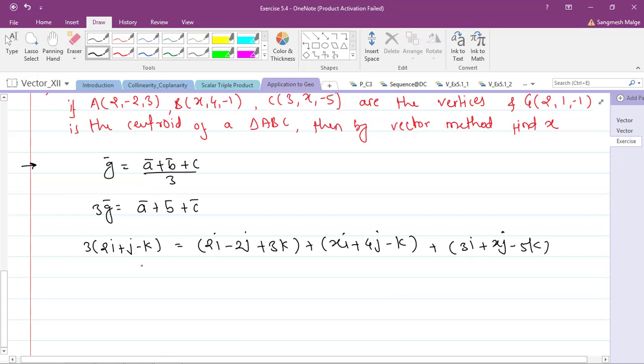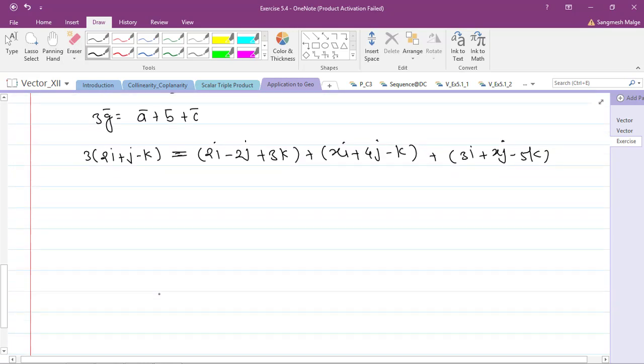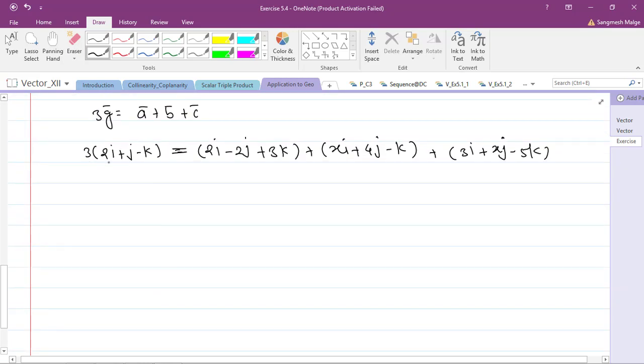XJ minus 5K. Okay. Now as you have this equal sign, we can easily compare the coefficients of I, J and K. So it will be 6I plus 3J minus 3K, equals to, let's have the I factor first, 2 plus x plus 3. So 2 plus 3 is 5, so 5 plus x I. Then we have minus 2 plus 4, that is plus 2 and x. So it is 2 plus x